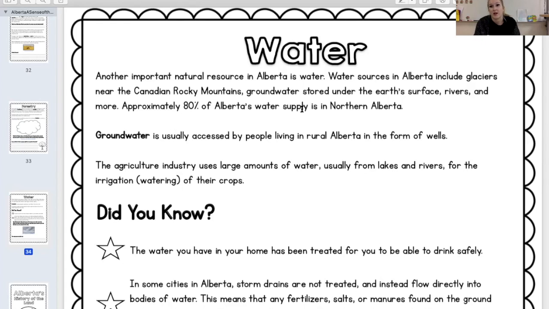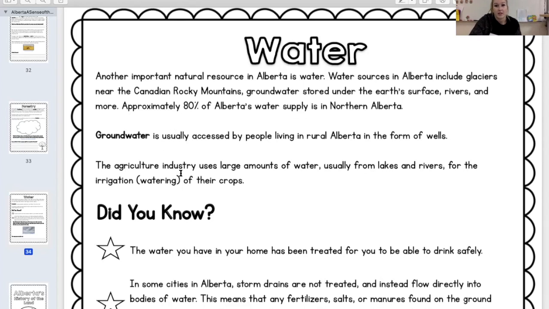People in the city usually have a city serviced water source. So all of the neighborhoods in the cities are plumbed, so connected by pipes to wherever they receive their water from. I live in Calgary, so my water comes from the Glenmore Reservoir, which is like a big lake if you've never been there. They pump that water out, filter it and clean it, and then the city pumps the water through pipes that come to my house. But like I said, if you live in rural areas, then your water usually comes from underground.